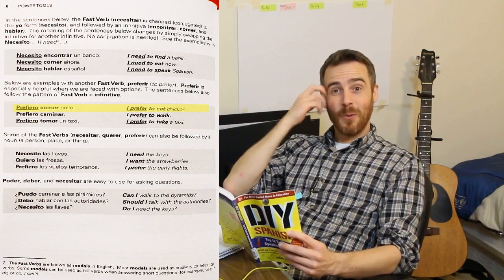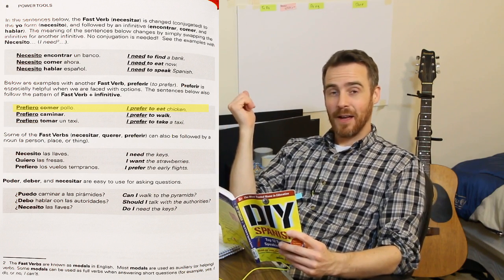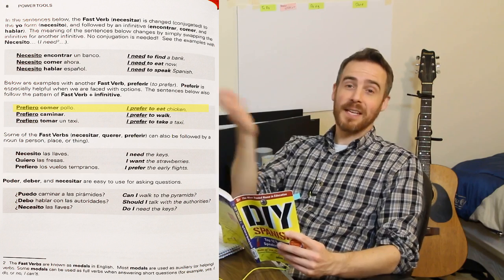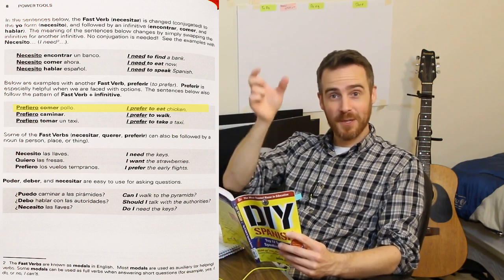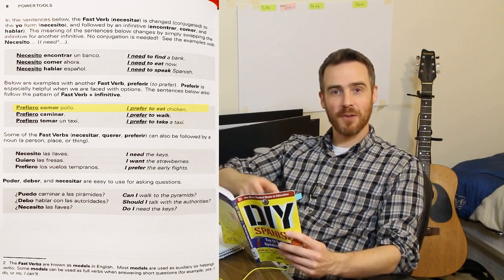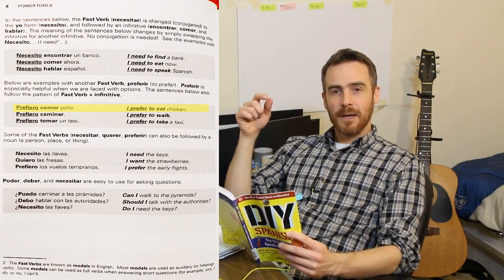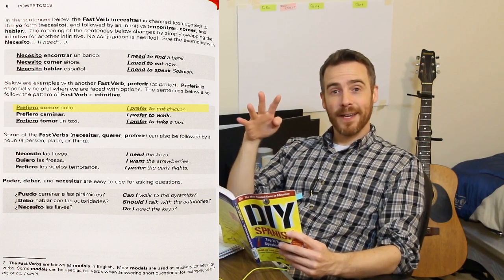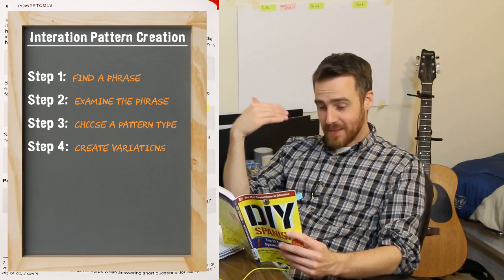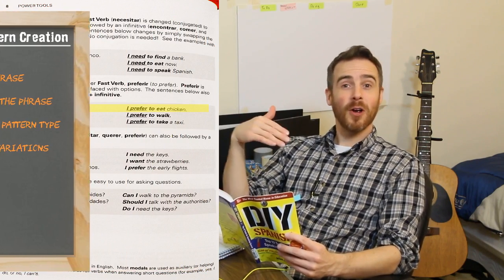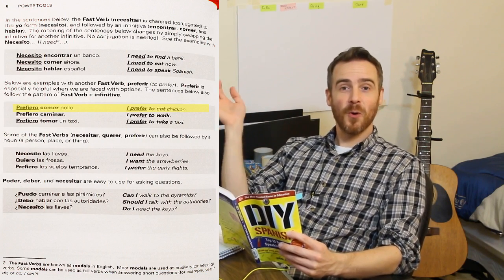That's the end of step 3. We're going to use substituting chicken with other types of food. All right, so step 4 is to create variations. In order to create variations, we need more food items. So that's what we're going to do now. Let's go find some more food.